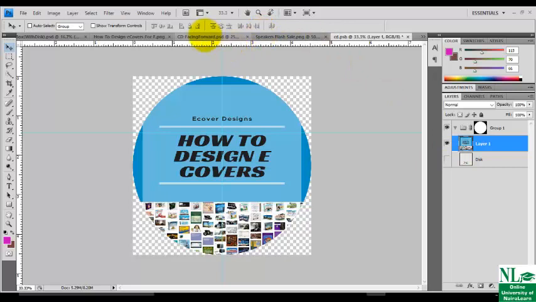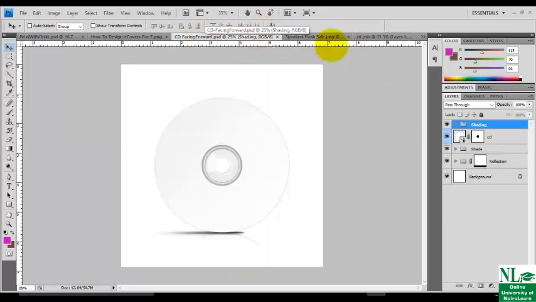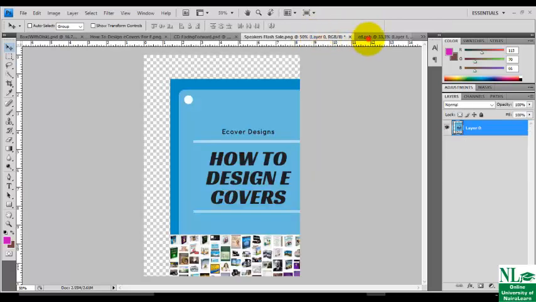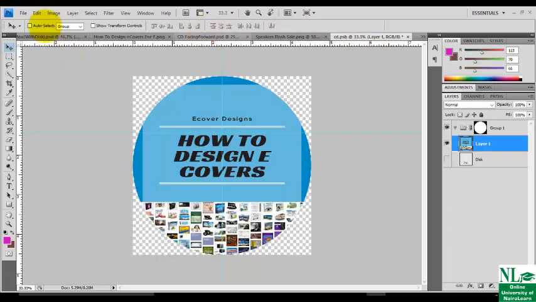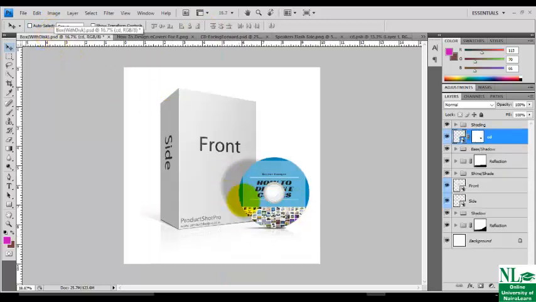Now return back to the box area. So we are working on the box. As you can see, this is it. Our box has done what? Has transformed. So let's work on this front. This is the front area. As you can see, this is the layer that represents the front.